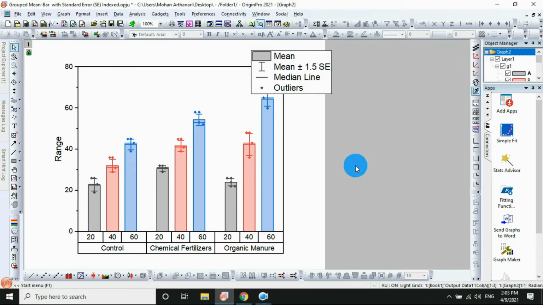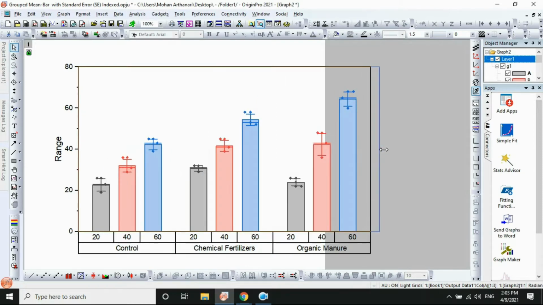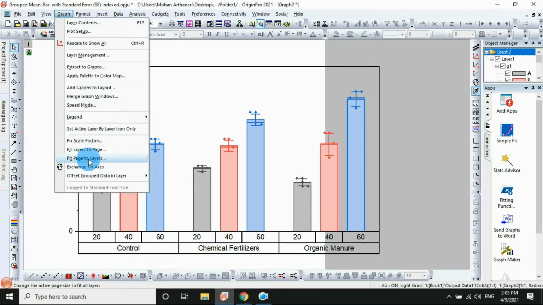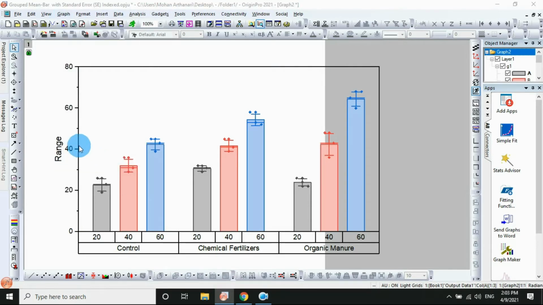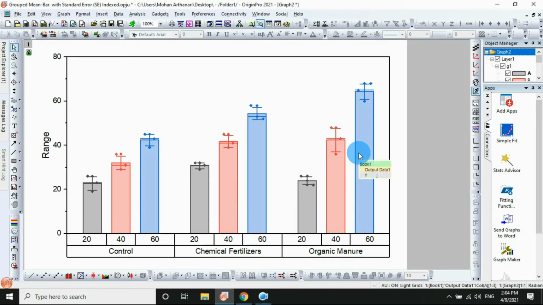Now, how to design this graph. This menu is deleted. Increase the width of the graph. Then go to the graphics menu, then fit page to layer. The outline fills the extra part of the graph. Then no change in the menu, then click OK. The graph is fixed. Then change our